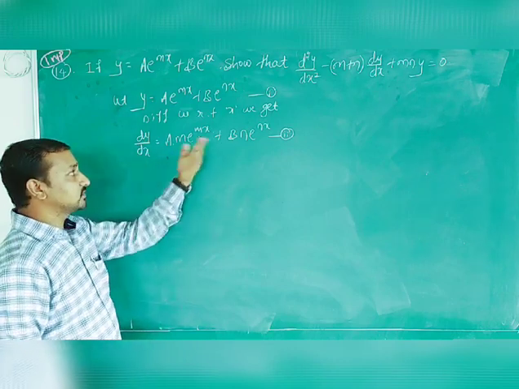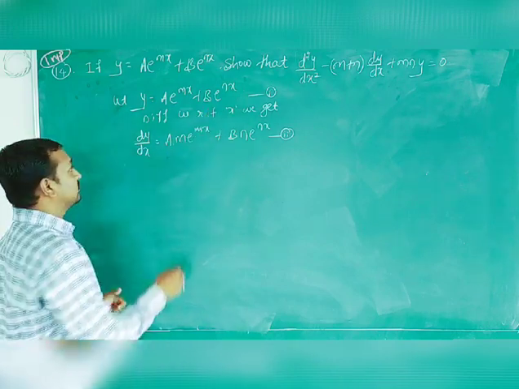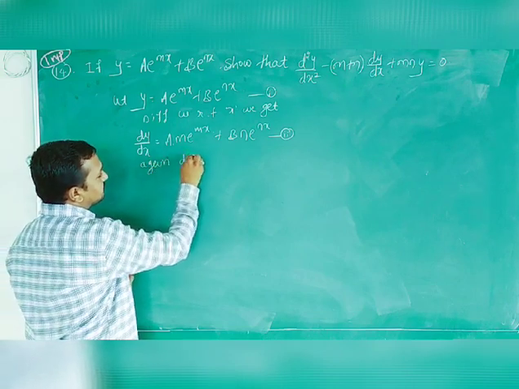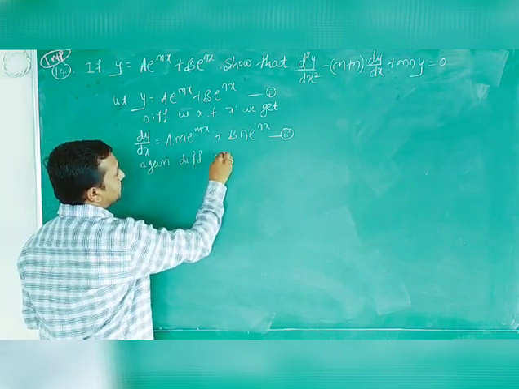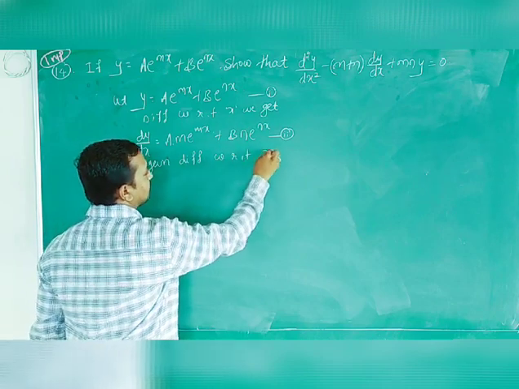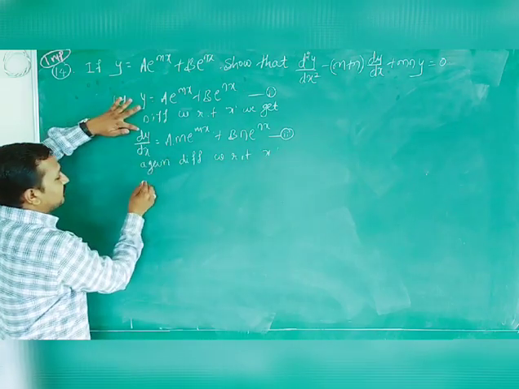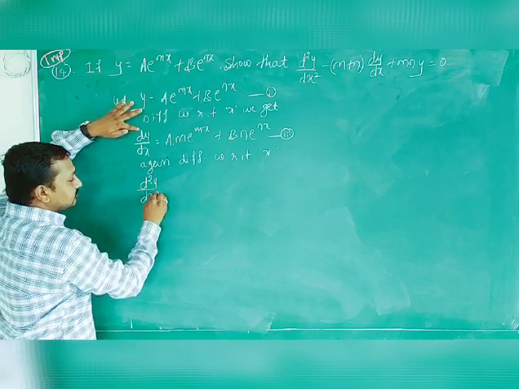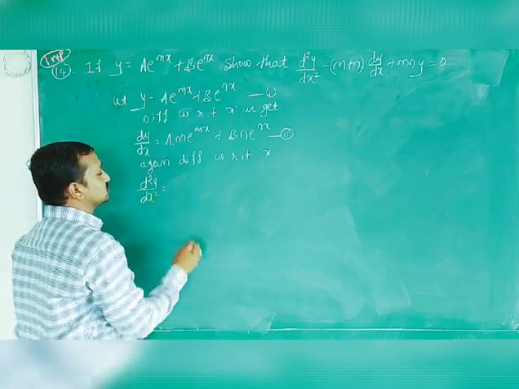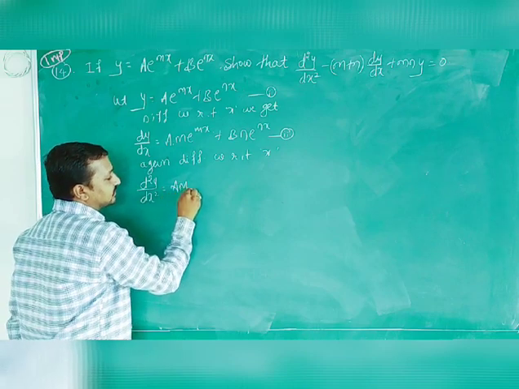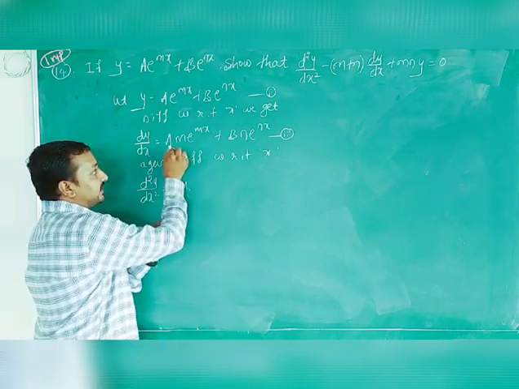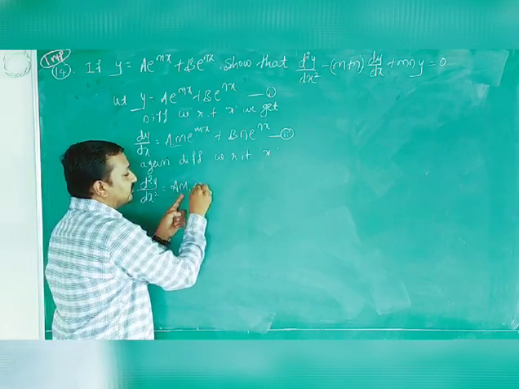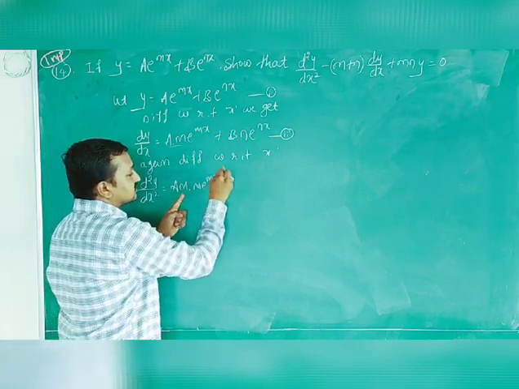Then next we will differentiate again for the second derivative, with respect to x. The derivative of dy by dx is d2y by dx2, which is equal to: here am is a constant term, take it outside. What is the derivative of e raised to mx again? m times e raised to mx.